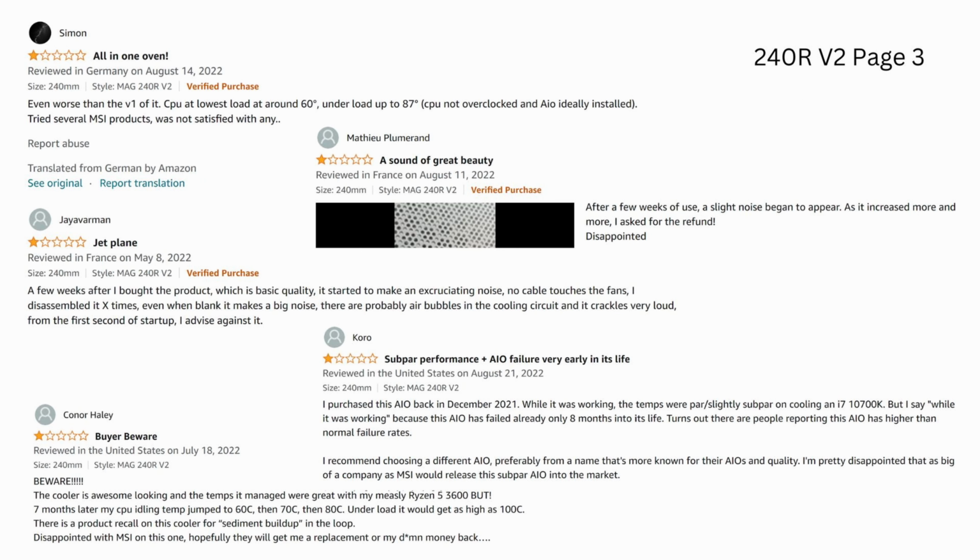From Simon, all-in-one oven. Even worse than the V1 of it. CPU at lowest load at around 60 degrees, under load up to 87. CPU not overclocked and AIO ideally installed. Tried several MSI products, was not satisfied with any. So if they are all being made by Apaltek,